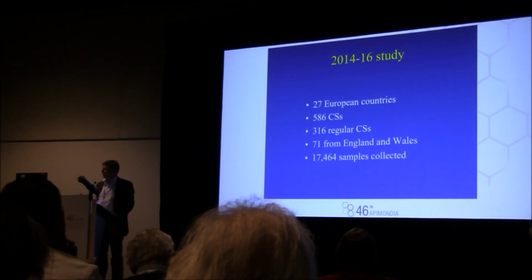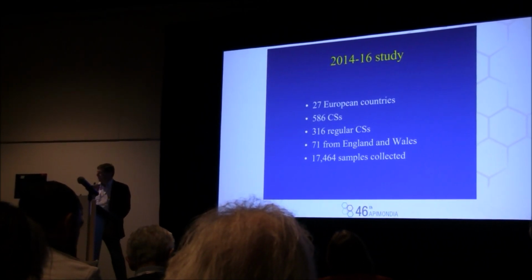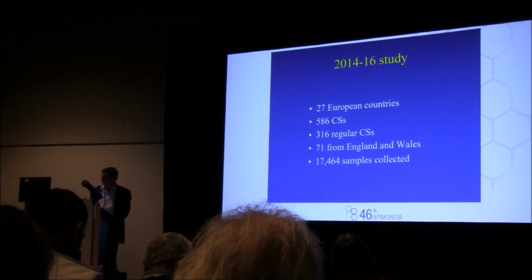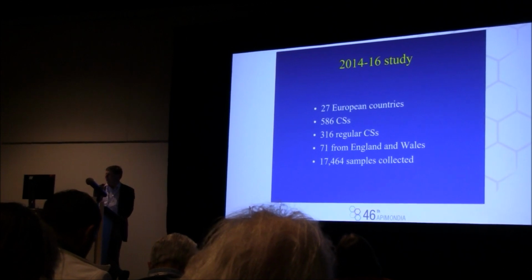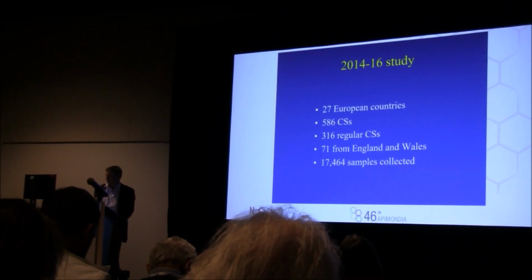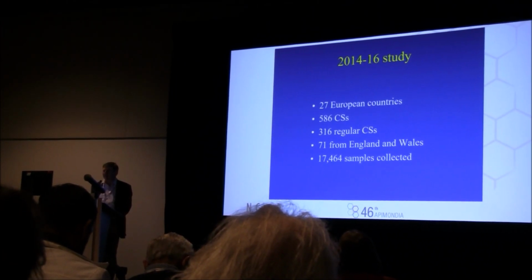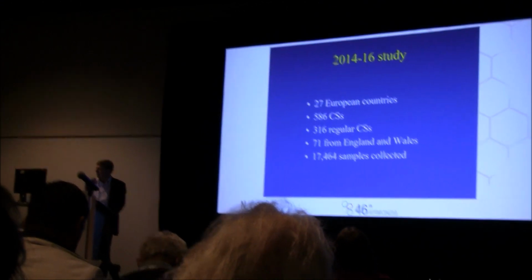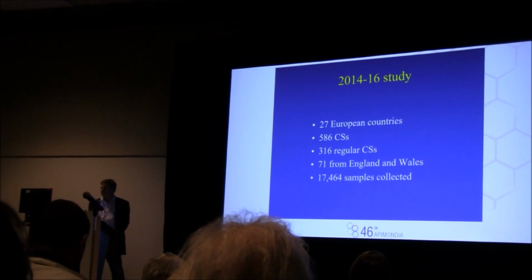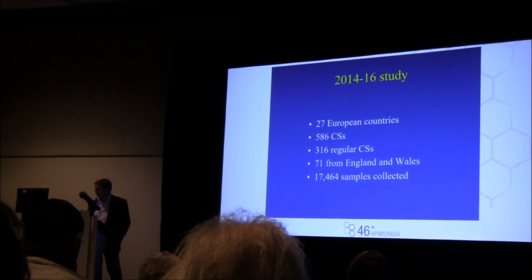So over the 3 years of the study, it proved to be a very successful citizen science project in terms of the participants, and it was actually carried out in 27 European countries. A total number of 586 citizen scientists took part, of whom 316 were regular enough to actually produce really useful data. I personally had 71 beekeepers collecting samples in England and Wales. And over the course of the study,